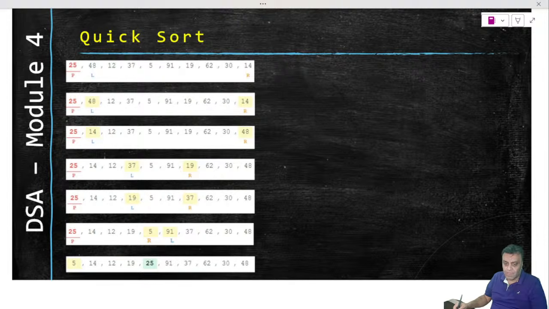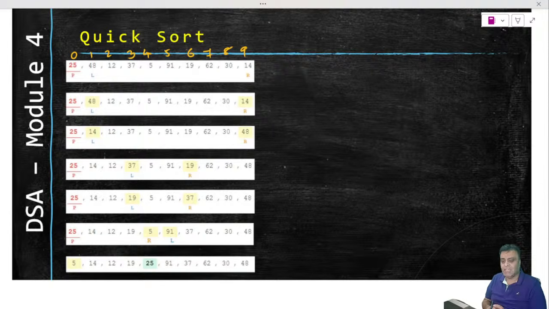Now, if I come here, then what we have is quick sort. By essence, as I said, it is a divide and conquer algorithm. So given a list or given an array, that list is represented in this array. This is the 0th pocket, 1st pocket, and so on, right? These are the index positions of the array. Now, in these index positions of the array, we have different numbers.